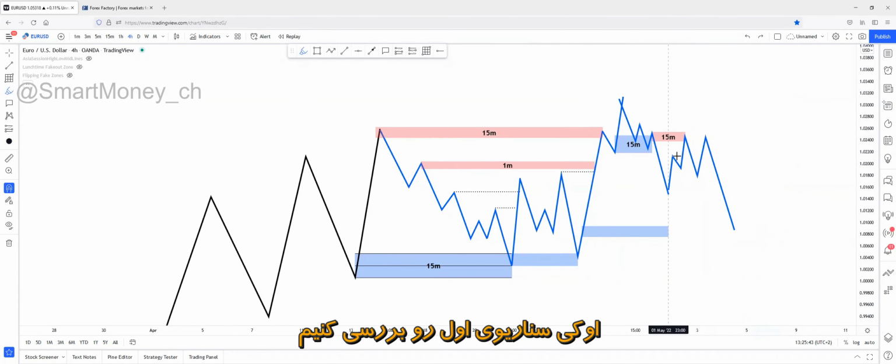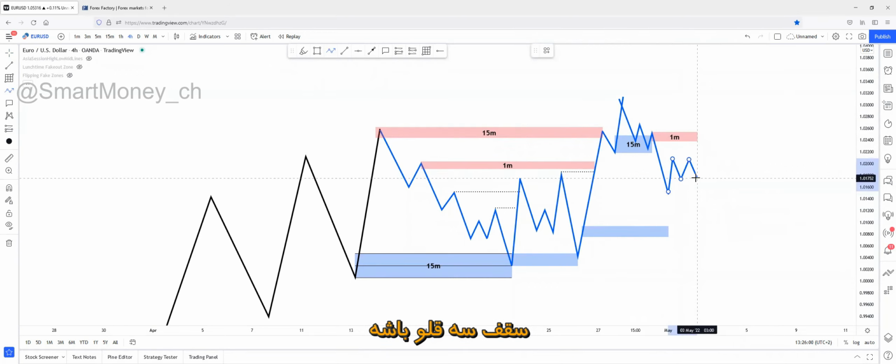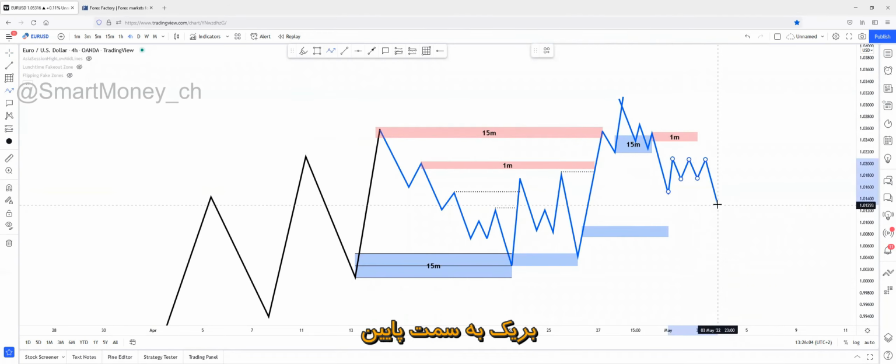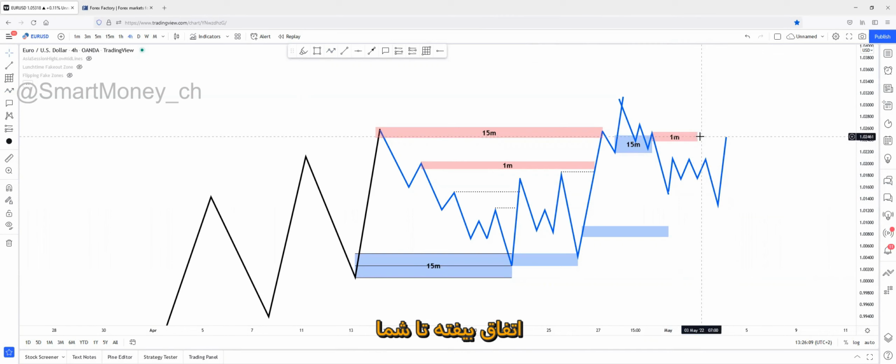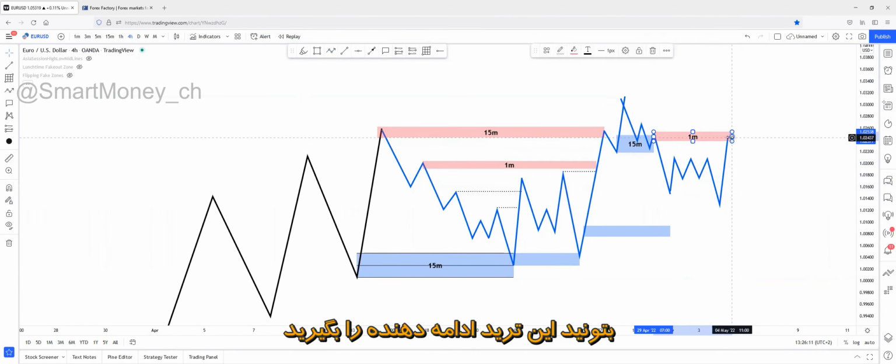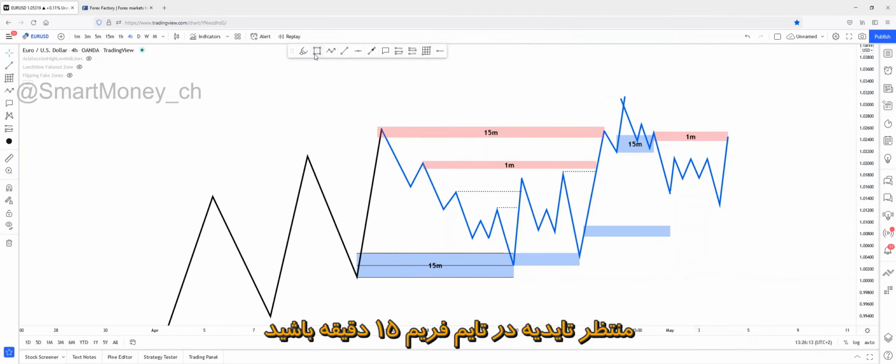Second scenario, you mark a 1-minute zone out with really good criteria. For example, really good criteria could be triple taps, liquidity trend line, continuation break of structure to the downside, liquidity split to the downside. So basically all of the criteria inside of the criteria tracker you need for this continuation type. But I really recommend you to only trade the 15-minute confirmations because that's what happened yesterday also.